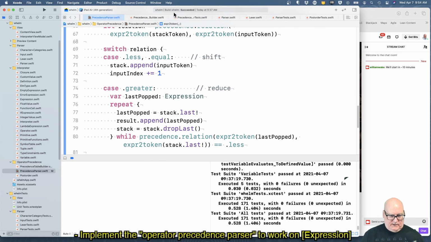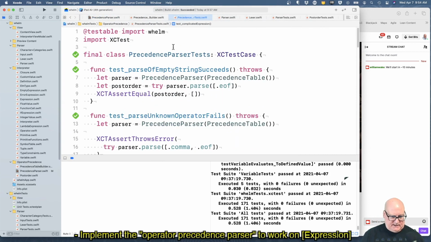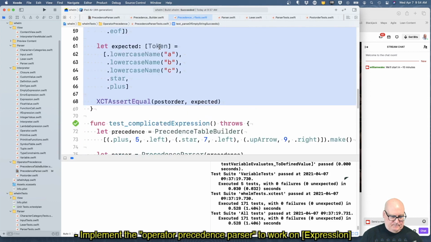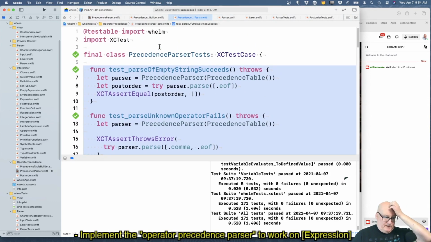And now I want to take my tests, precedence parser tests, and let's translate them. Well, I guess we're going to leave behind the old one. So let's just tackle one at a time.